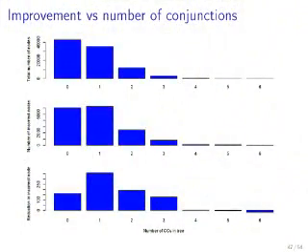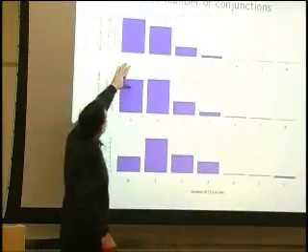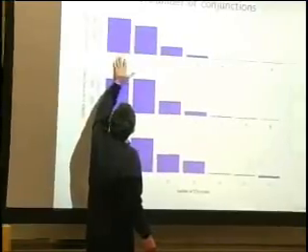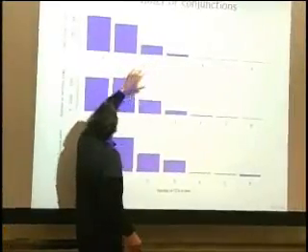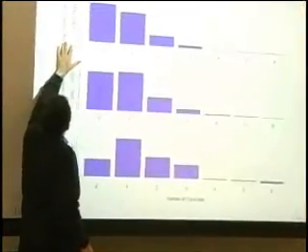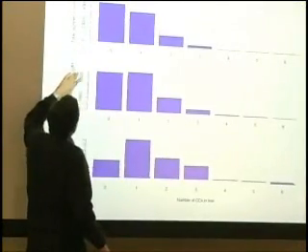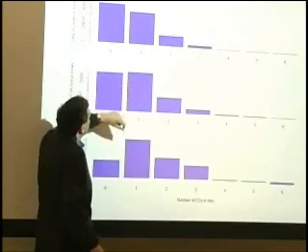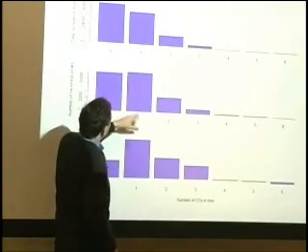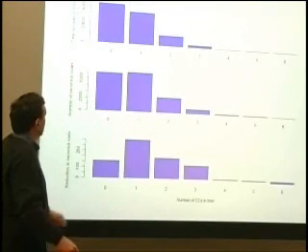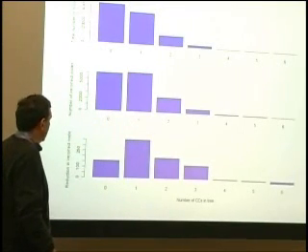Number of conjunctions. Again, this is relatively surprising, right? This is the number of trees with 0 conjunctions, 1 conjunction, 2 conjunctions in them in the training data. Actually, the total number of nodes in trees. This is the number of nodes that are incorrect. So you can see we are proportionally more likely to make a mistake if a sentence contains a conjunction, which is sensible since coordination is very hard.